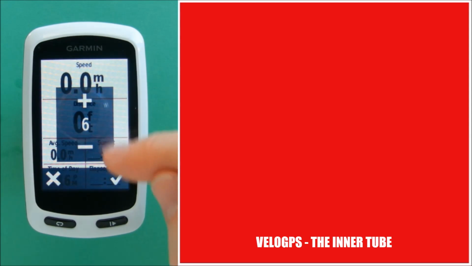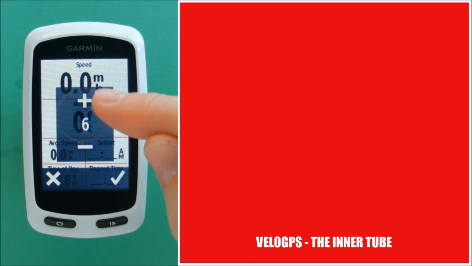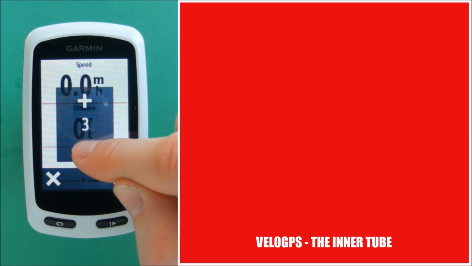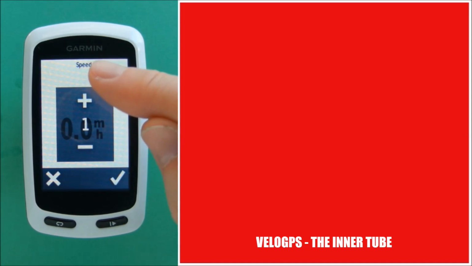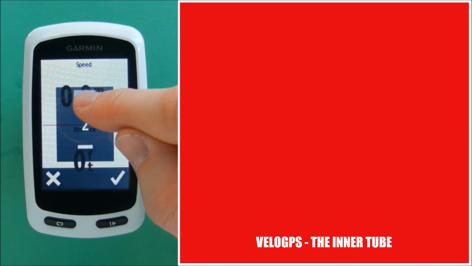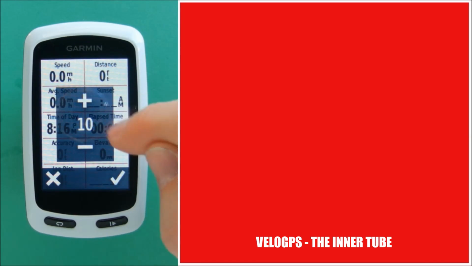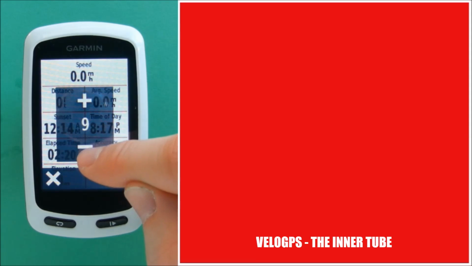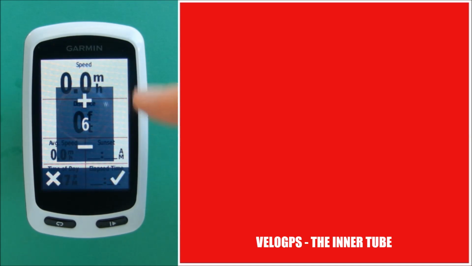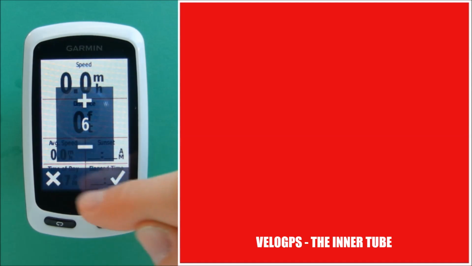So having selected the timer page, you'll see that at the moment we have 6 data fields displayed, but you can adjust that all the way down to just 1 data field taking up the whole of the screen, or to 2 data fields on a split screen, all the way up to 10 data fields. Now we tend to find that the screen might just look a little bit cluttered, a little bit too much information displayed with 10 data fields, so our preferred option, our optimal, is around about 6 data fields, where you have 2 larger data fields displayed at the top of the screen and then 4 smaller data fields at the